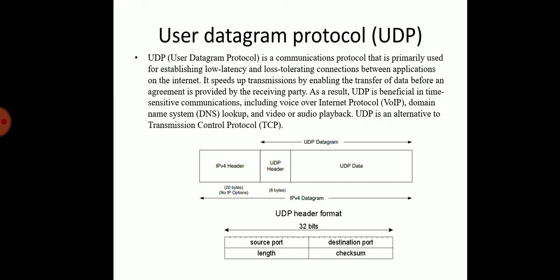UDP is a simple datagram-oriented transport layer protocol. This protocol is used in place of TCP. UDP is a connectionless protocol and provides no reliability or flow control mechanism. It also has no error recovery procedures. So several application layer protocols such as Trivial File Transfer Protocol, that is TFTP, and RPC use